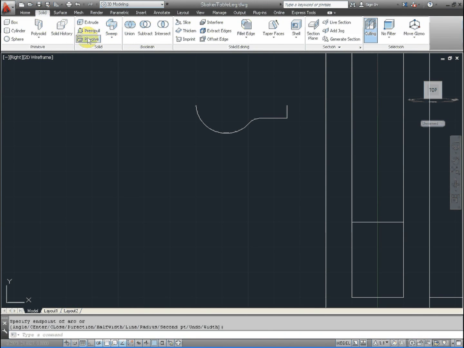What we're going to do is find the revolve icon, which is below the extrude icon here. Or you can simply, in the command line below, type in revolve, R-E-V-O-L-V-E. Now, we're going to revolve this around a line, the center of this. So we're going to select